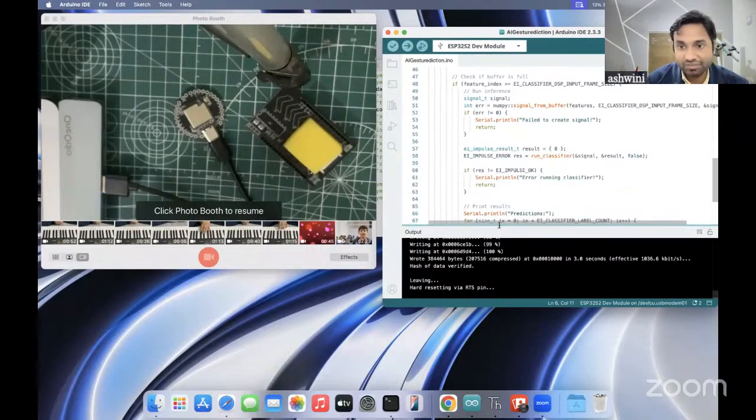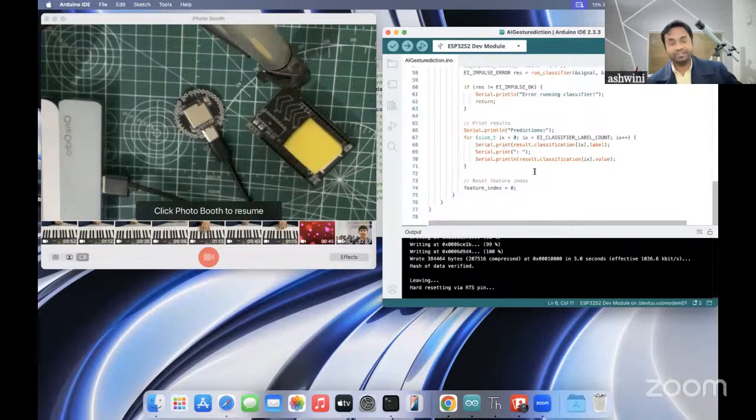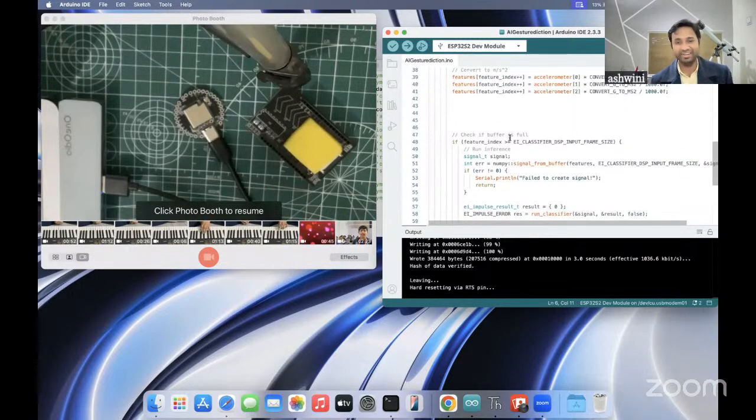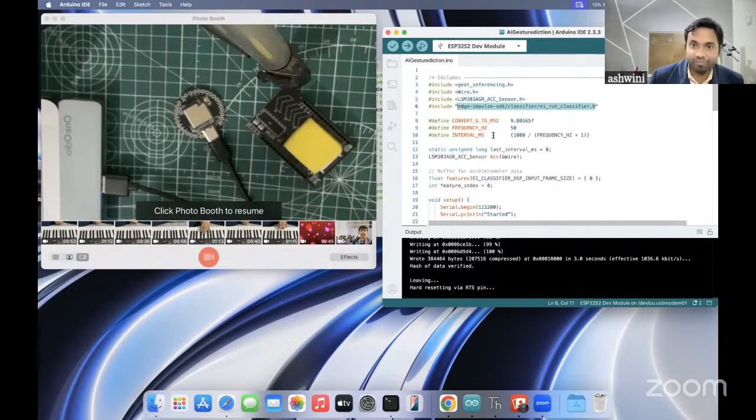after the classification. Whatever the result, suppose that when there is a left gesture, then the display has to turn off, then you can define the function here in the code and modify the code accordingly. But here let's just see the predictions on the serial monitor. So what I will do, I simply upload this code now,